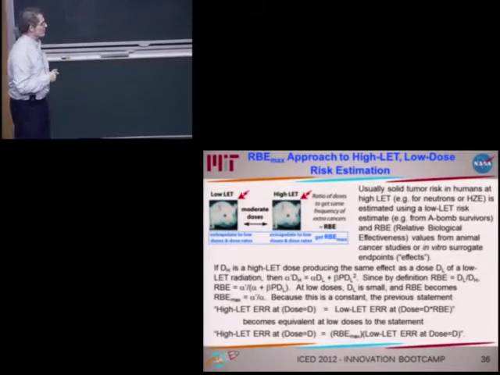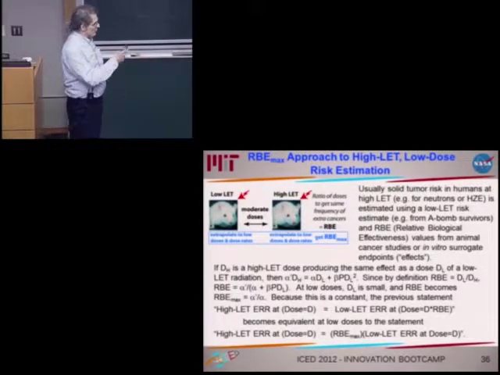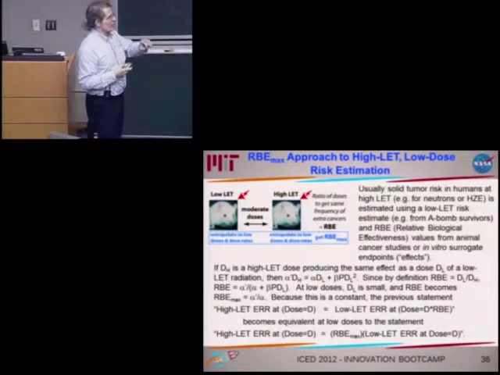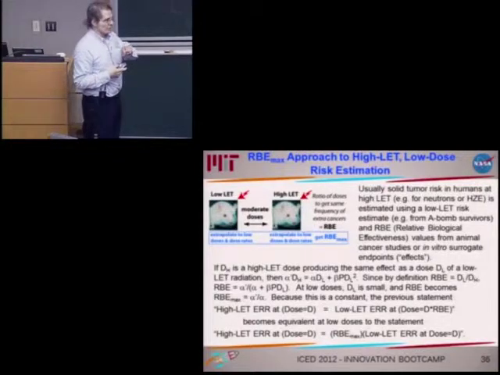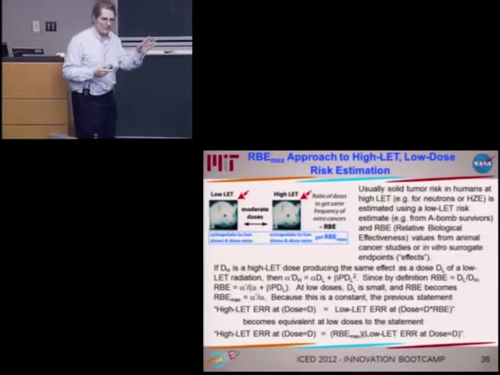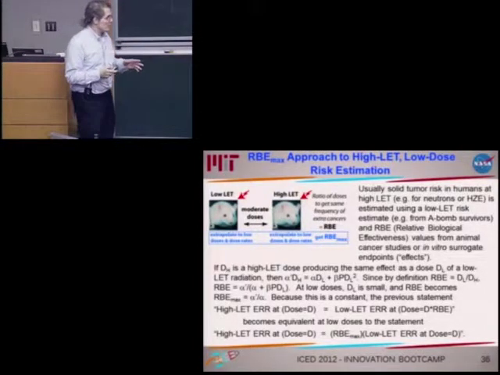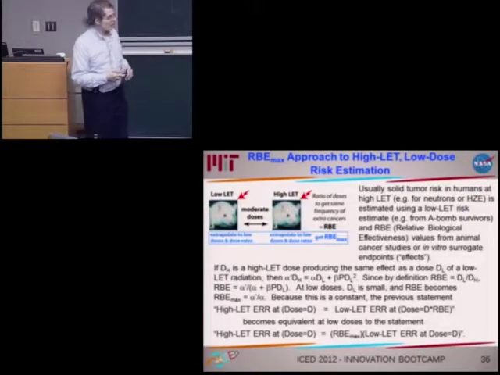So then that bottom expression just tells you that if you know the values of the surrogates at a given dose between the low and high LET radiation, you can infer an RBE max, and then infer from low dose carcinogenesis risk in the low LET realm what it might be in the high LET realm. Is that clear what I'm saying? So you're making a low to high LET conversion of your estimated risk, and that's one way it's done